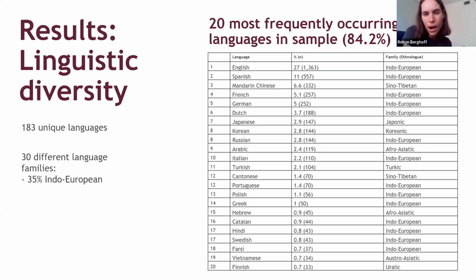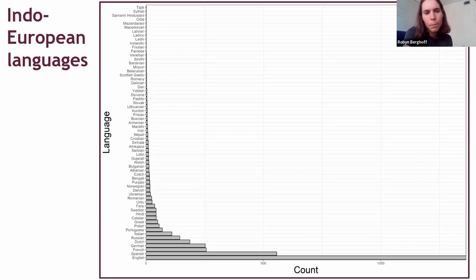27% of studies are primarily interested in English, but you've got other large languages there that are likely suspects in this area as well, right? Spanish, Mandarin Chinese, French, German, etc. That is a very macro level perspective on languages in the data, because we are also interested in representing this